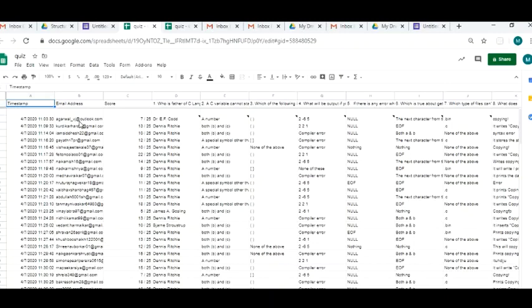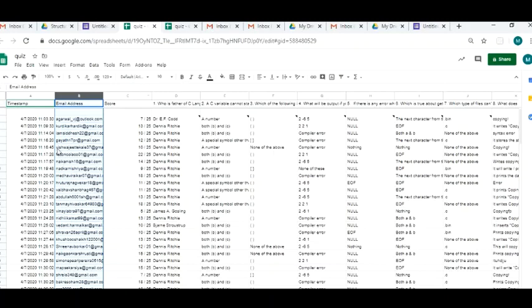So if you have duplicate names, you will have to click on the column and put a conditional formatting of duplicate names. Then you will be able to make out who has answered the test more than once, because his name will get highlighted. So this is the way you can fetch answers for your MCQs.